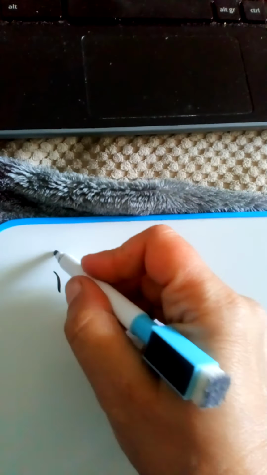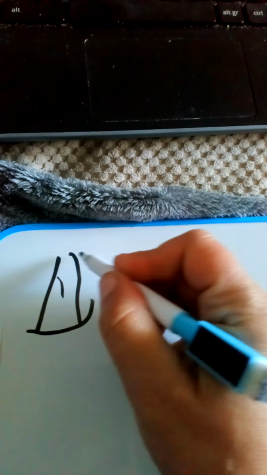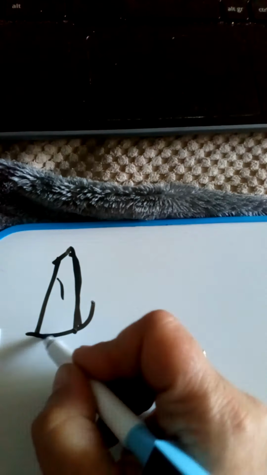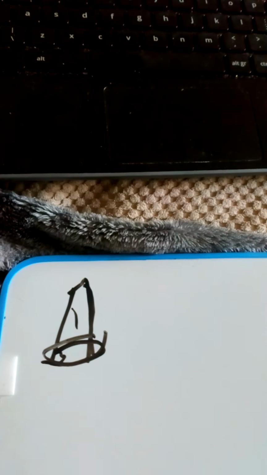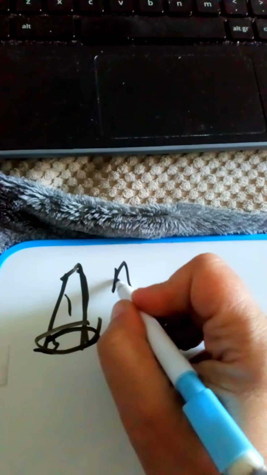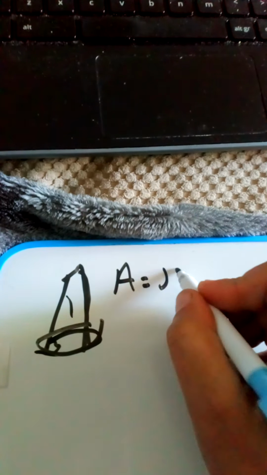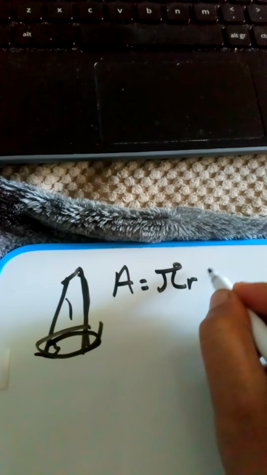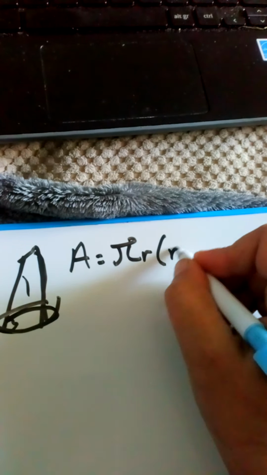Okay, so the more complicated one is the surface area of a cone. Okay, so area equals pi r plus